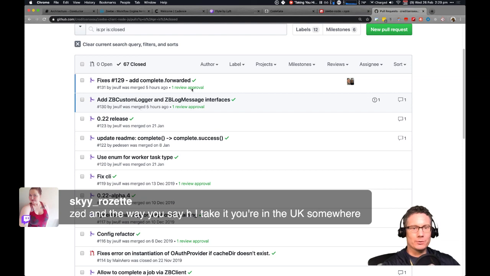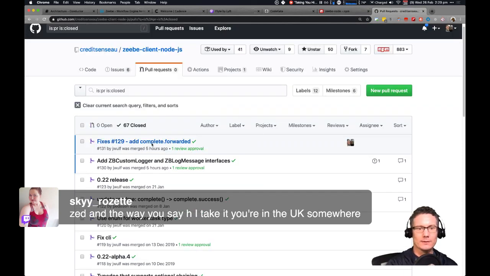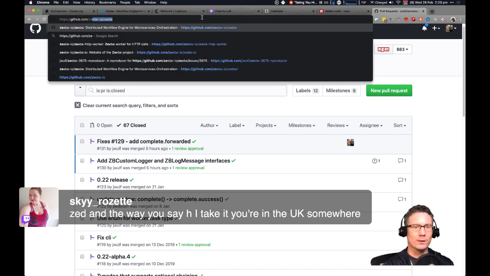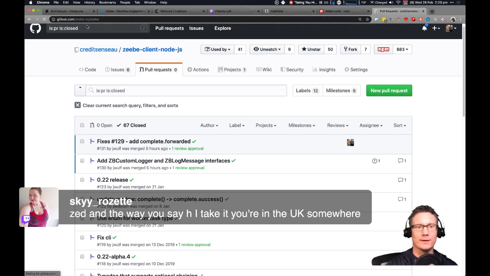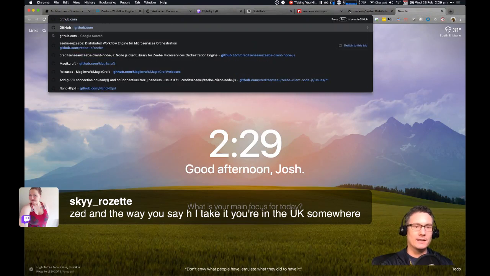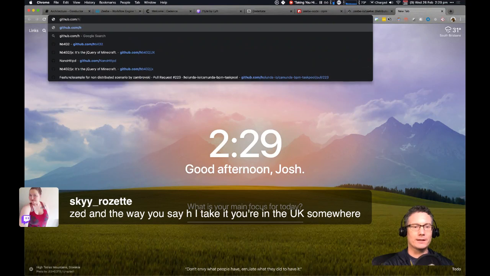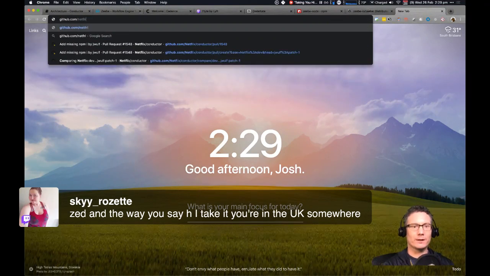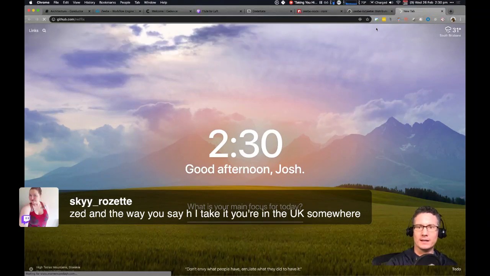So these got approved and merged, which was cool. 5 hours ago. So it's rapidly iterating, and if you watch the Zeebe GitHub itself, that's another good point: whenever you're evaluating an open source project, you want to have a look at how it's maintained. This was part of my evaluation. I opened bugs against Netflix Conductor and against Zeebe, and my Netflix Conductor patches would sit there for weeks without being touched. Whereas when I opened bugs against Zeebe, the engineers were engaged, they would fix things.